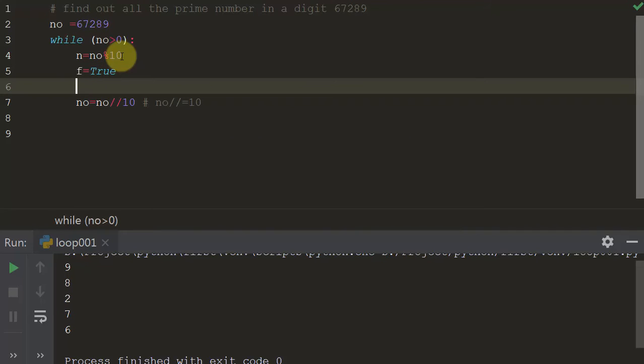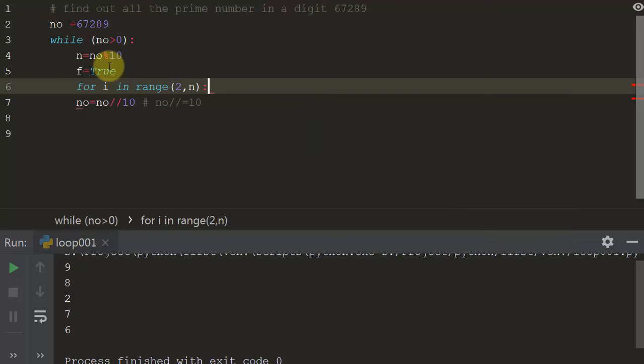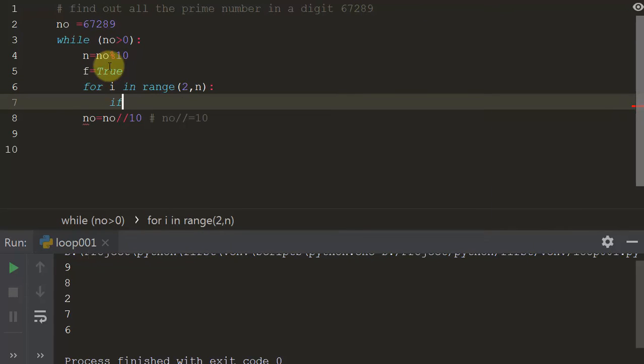Let's use a for loop inside it, for i in range from 2 to n-1. This will serve our purpose.